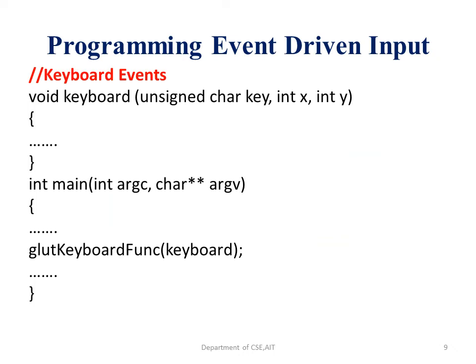So the next event is the keyboard event. A computer will have a keyboard, and the keyboard consists of several keys. We can make use of these keys to control the direction of the program. To do that, we can make use of a function called keyboard. This keyboard function has three parameters. The first one is the key, that is the ASCII value of the key, and the next ones are the X and Y values. We use these X and Y values to make sure that the X and Y coordinates are valid, that is, they are in my present world coordinate system.